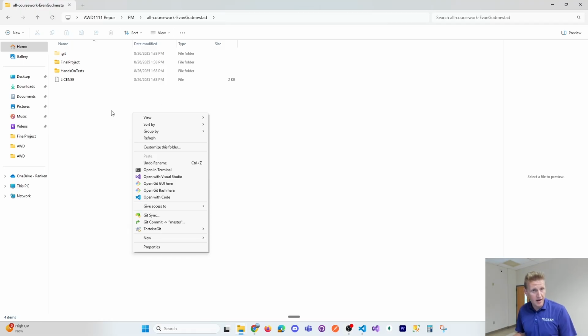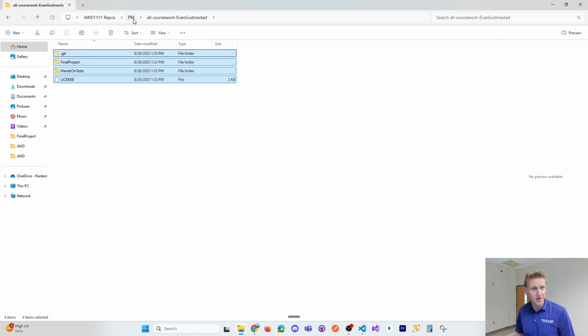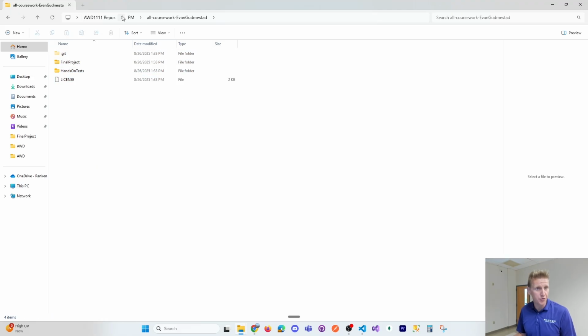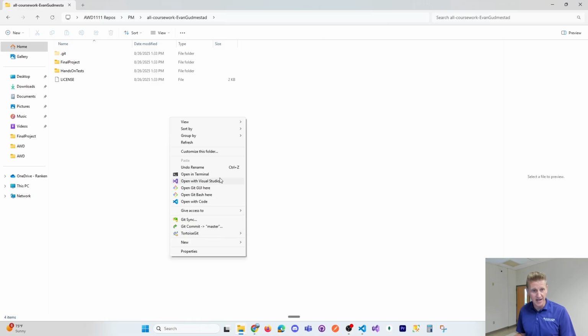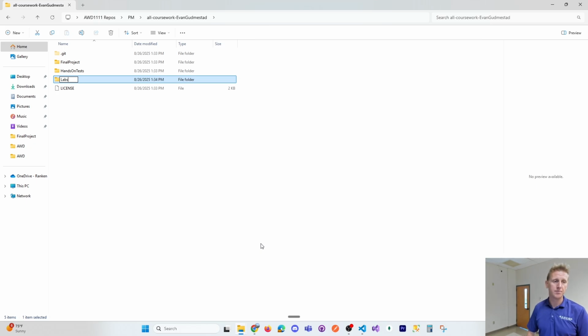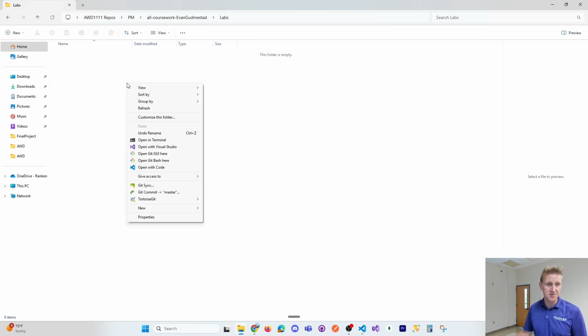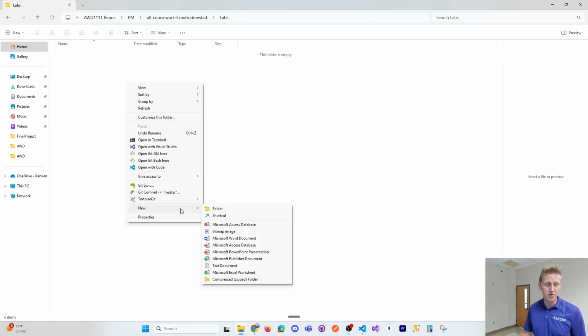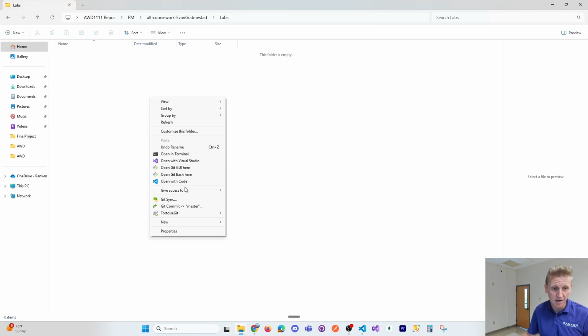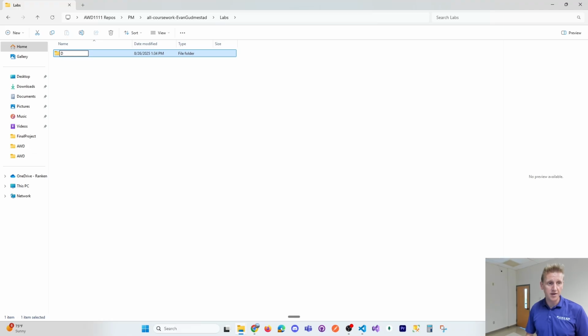All right, so I just paused briefly, and I've navigated to this folder on my computer, which is a GitHub repository, and I'm just going to create a new folder called Labs. And then inside of Labs, this is going to be where I write my demo code. So a new folder called demo JavaScript code. And I'm just going to open this in